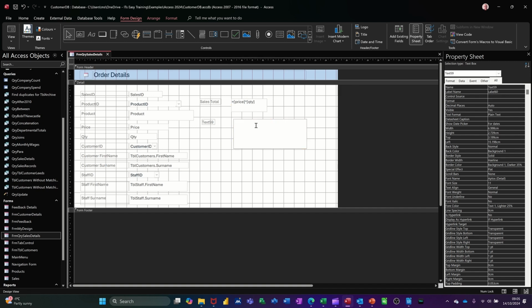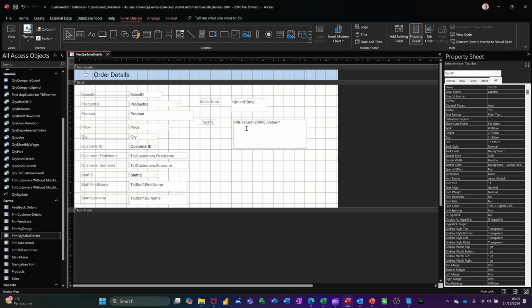So if I go equals IIF, open the bracket, so I can go, still has to be in square brackets even though you've named it, square bracket value. So if the square bracket value is greater than 2,500, you don't need to put the pound signs or commas or full stops, comma. If that is true, what am I going to do? I'm going to give them a bonus of 10%. So I'll go value inside square brackets, value